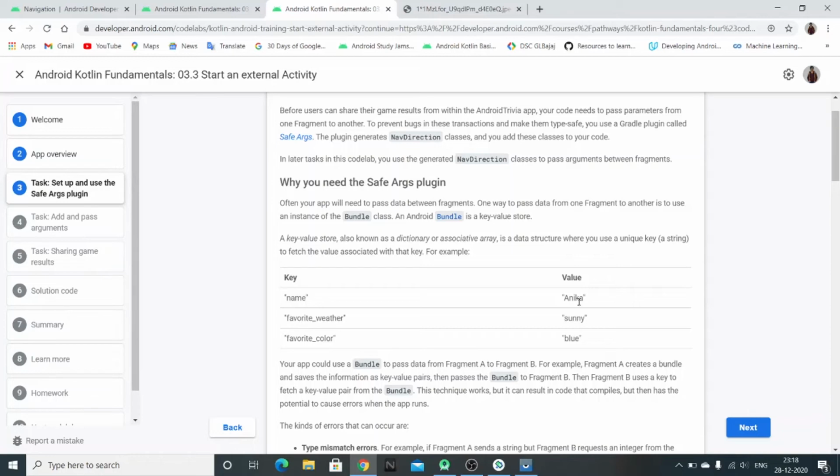Both key and value are passed to fragment B, and in fragment B we have a variable name whose value will automatically be equal to Anika.